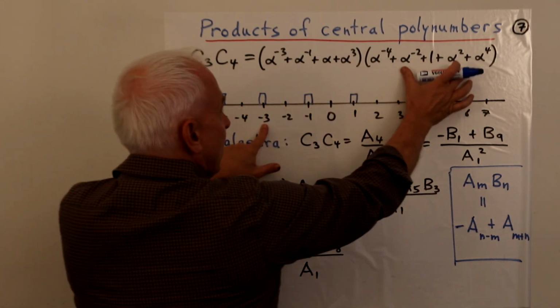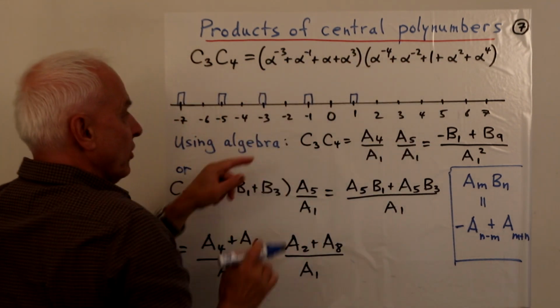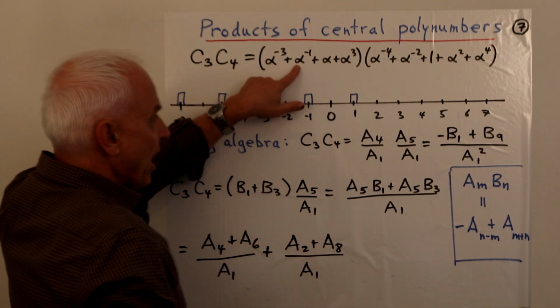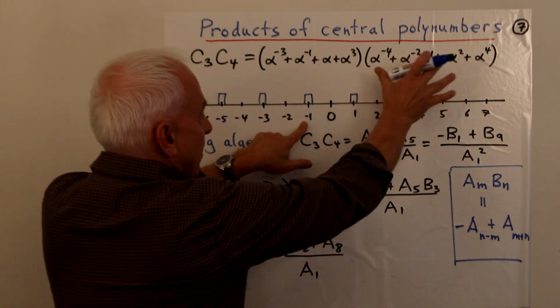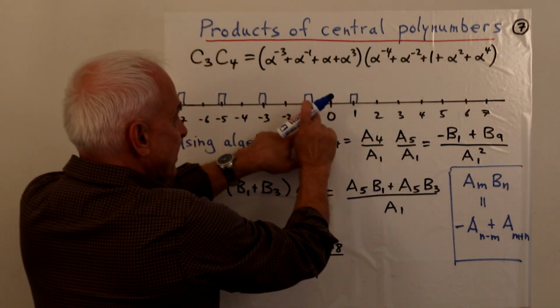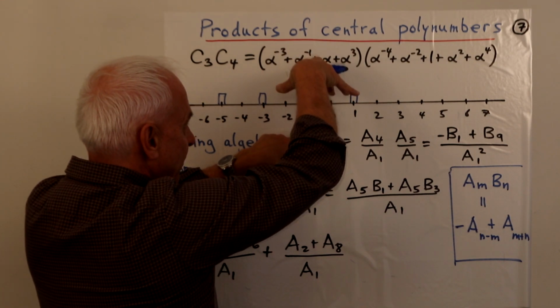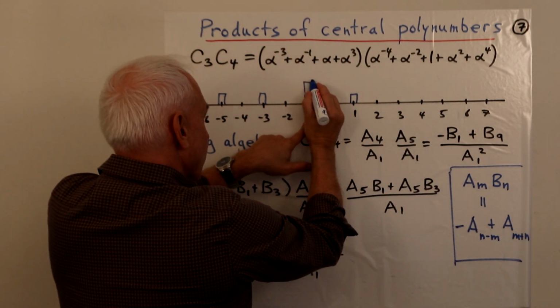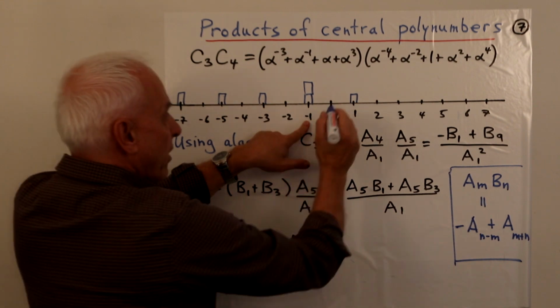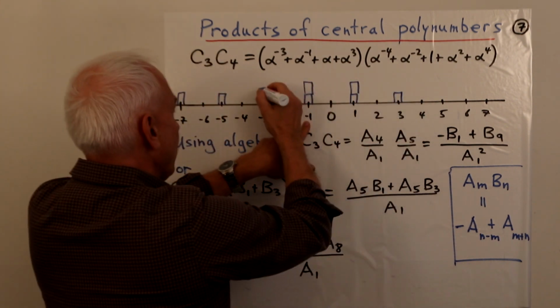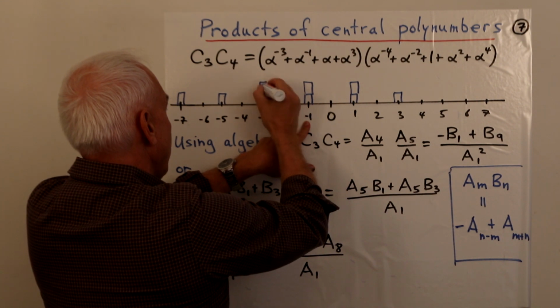So we've taken this thing here and basically convolved it or multiplied it by alpha to the minus 3. Now we're going to do the same thing with alpha to the minus 1. So we're going to take the same thing over here, now translate it so it's centered at minus 1. Okay? So I'm going to put it down on top. So the masses are going to add, so I'm going to do it like that. So now there's another mass there, and another mass there, and another mass there, and 2 on the other side, 1 on that one, and 1 on that one.